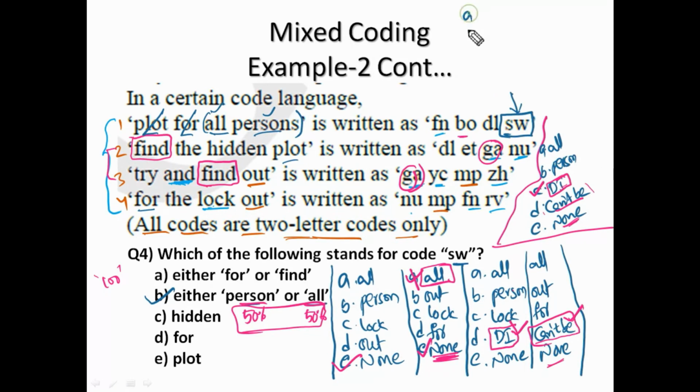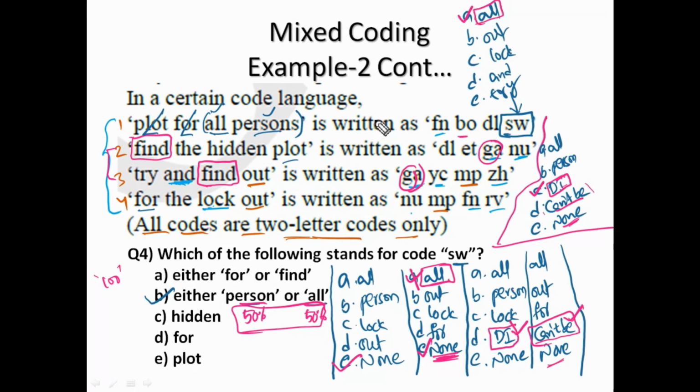See here, if the options are all, out, lock, and try. If this is the case, then here our answer is all only. Sir, you already mentioned it's a 50% answer.